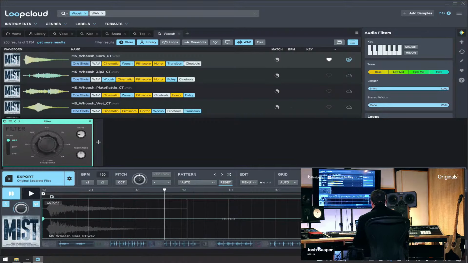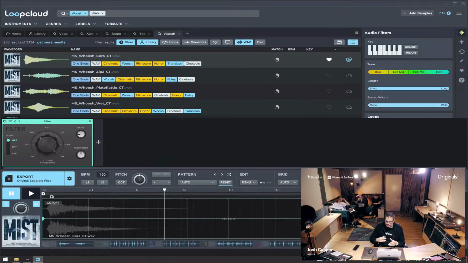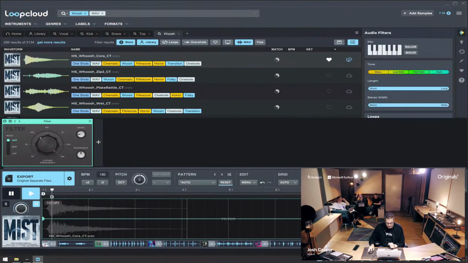Okay, so because we're using that in conjunction with kicks, in conjunction with the bass line, as I said yesterday, we really want to try to keep the low end focused and not have too much going on, just so it sounds better on big speakers and it sounds better on people's cell phones, because that's where most people are consuming media these days. So if I unsolo now,